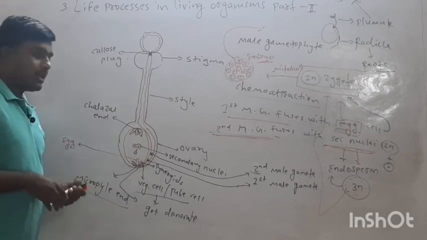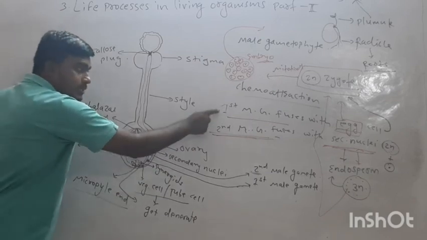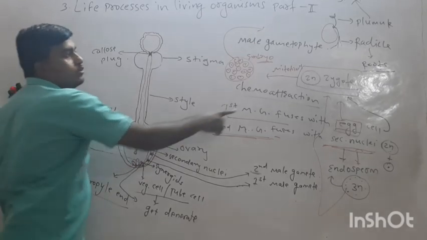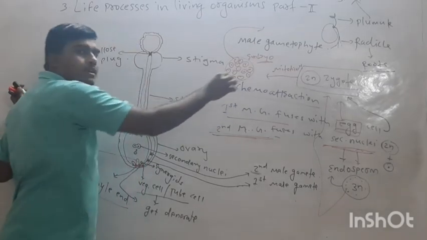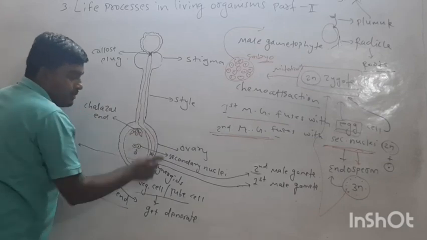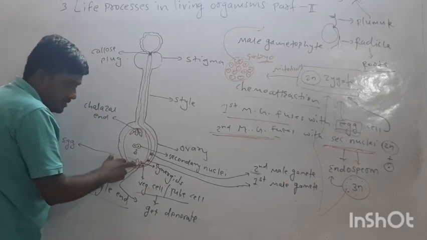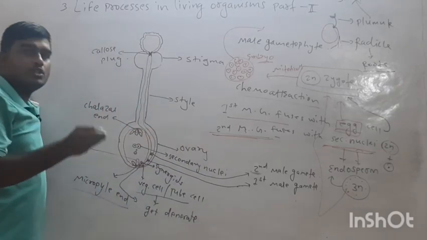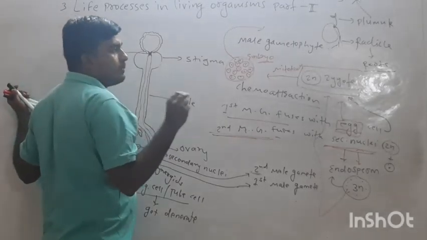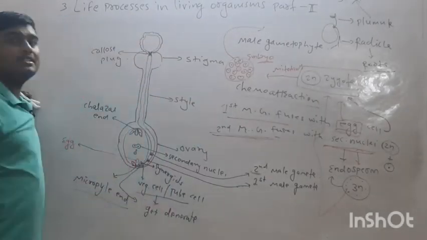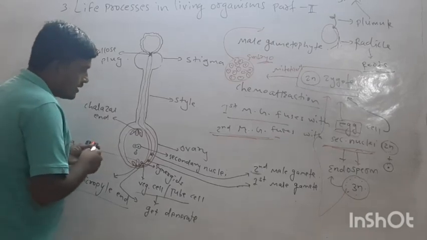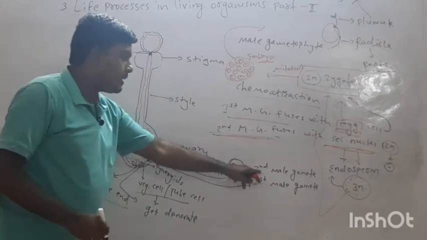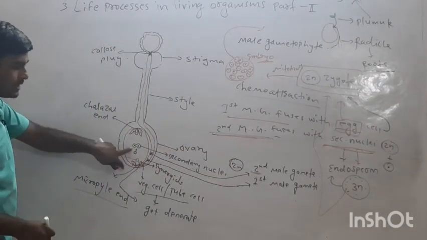Okay, so remember, I will repeat one more time. First male gamete fuses with egg cell, which leads to the formation of zygote, which is diploid in nature, because first male gamete is haploid and egg cell is also haploid. That's why fertilization between two haploid cells gives zygote, which is diploid in nature. Here secondary nuclei is already diploid in nature, that's why second male gamete, which is haploid in nature, fuses with